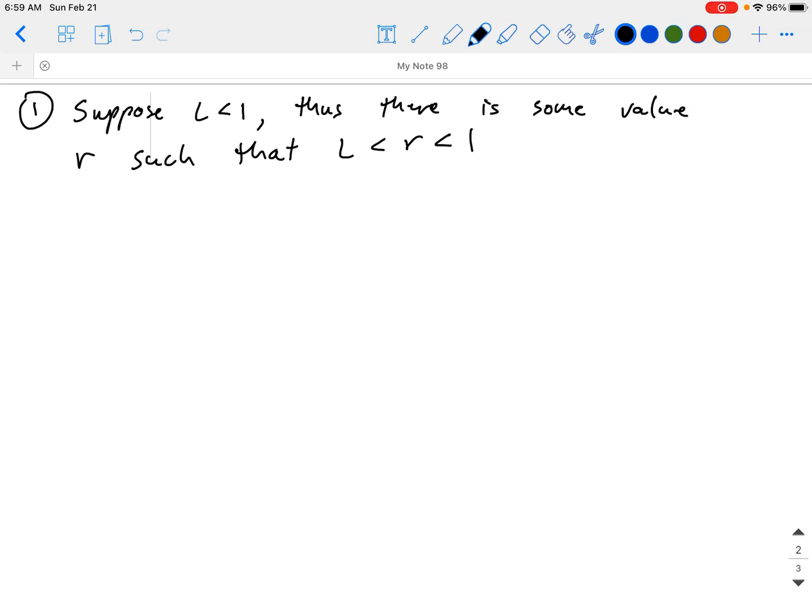So we're going to pick this value of R between L and 1. L is clearly smaller than 1. R is going to be some number between L and 1, but it's fixable, so we can move it anywhere we want. We can make it really close to L, or close to 1, but it's this flexible term, and the reason I'm using R here is because we're going to end up building a geometric series. So this is going to be like our common ratio of the geometric series. So there's this value of R